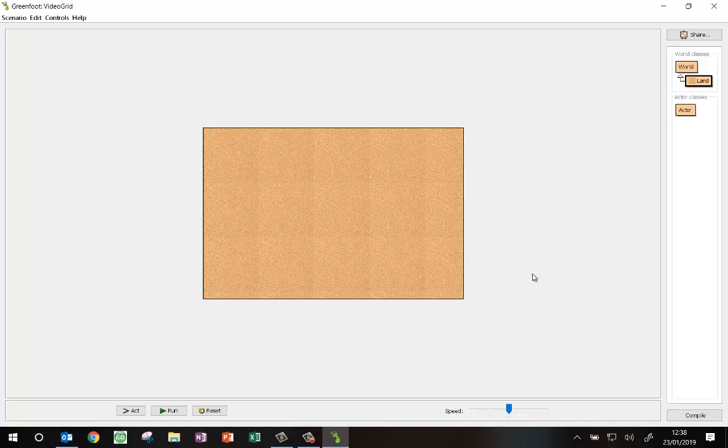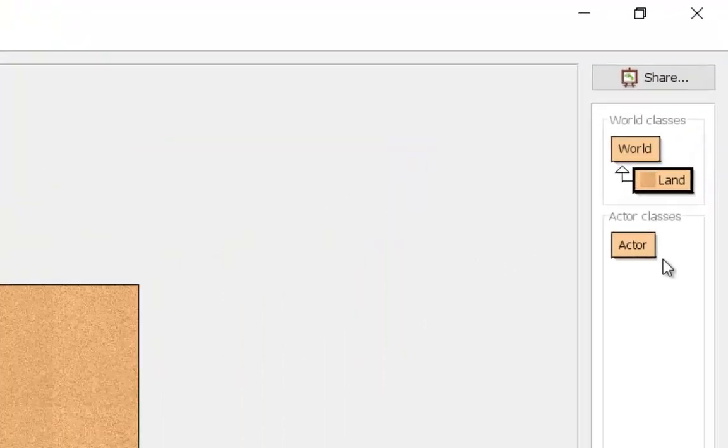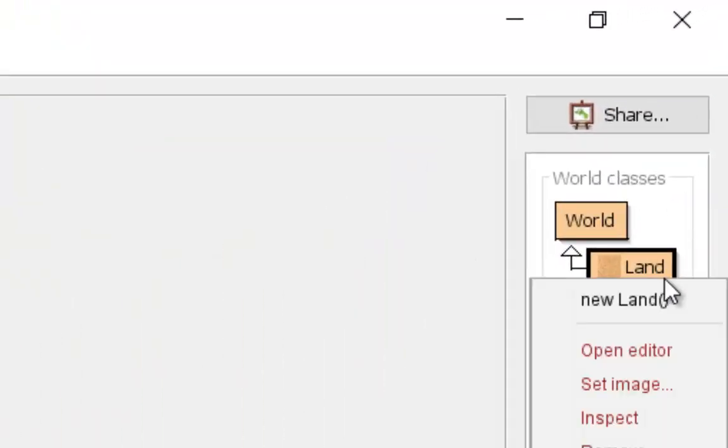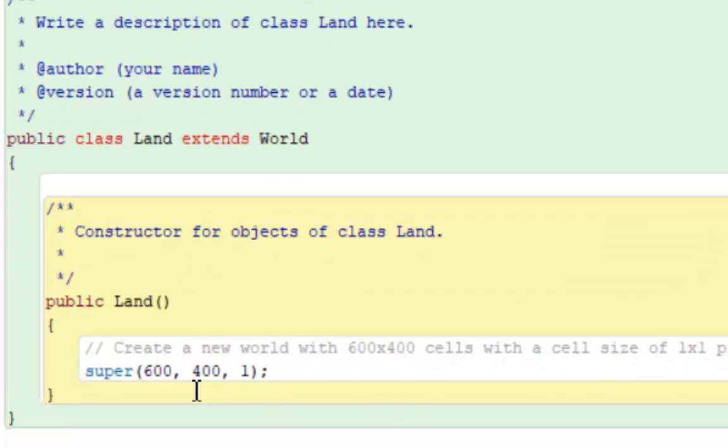Now, the way that we've learnt to do the coding with the movement by moving one and turning 90 degrees, etc., doesn't work unless we change this to have an 8x8 grid. So what you're going to do is you're going to right mouse click on the land class and go to Open Editor. And here, where we have Super 600 400 1, we're going to have to change that to 8x8